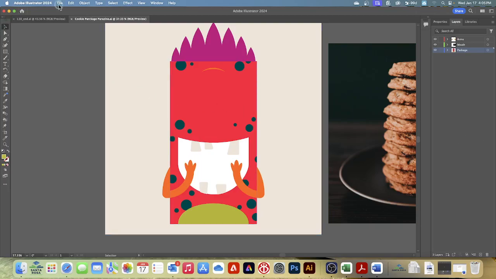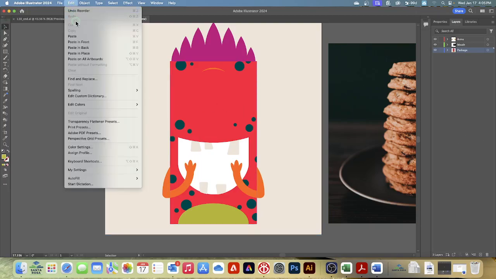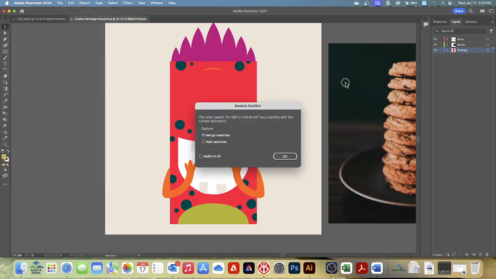Choose Edit and Paste. That's going to paste the content into the center of the document window. The Paste Remembers Layers option causes the layers from the package to be added to the top of the Layers panel. If you see a swatch conflict dialog box like I have, ensure that Merge Swatches is selected, like this,